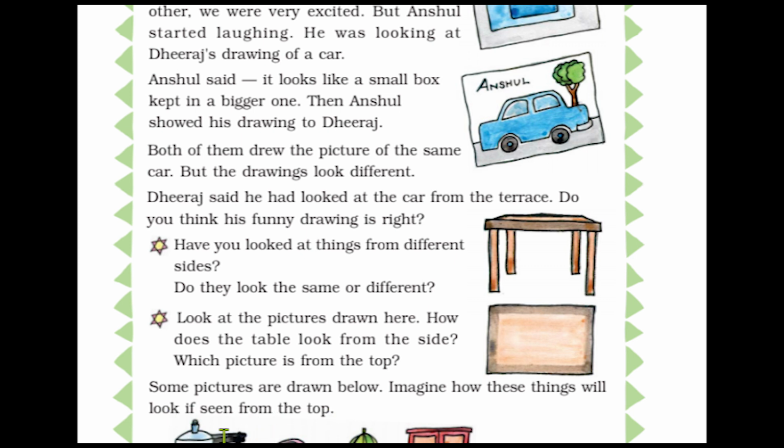So this is a pressure cooker. When we see a pressure cooker from the top, you can see the lid and the whistle like this. Okay. This is a sleeper. This is a side view. And when we look from the top, you can see the belts of the sleeper like this. This is a fruit and it will look like this. This is again a table. This is a side view of a table and this is a top view. The top view looks like a flat surface.